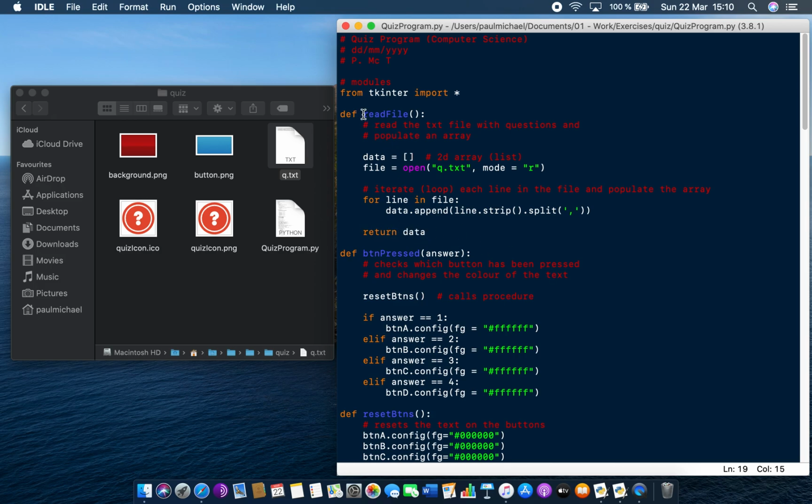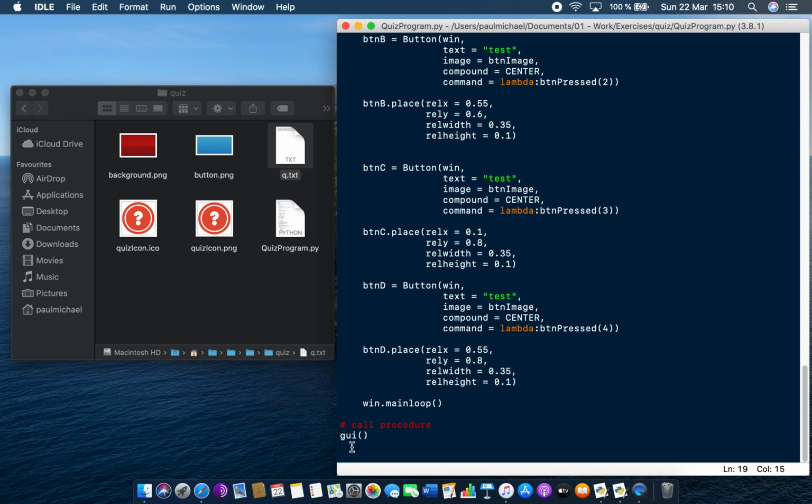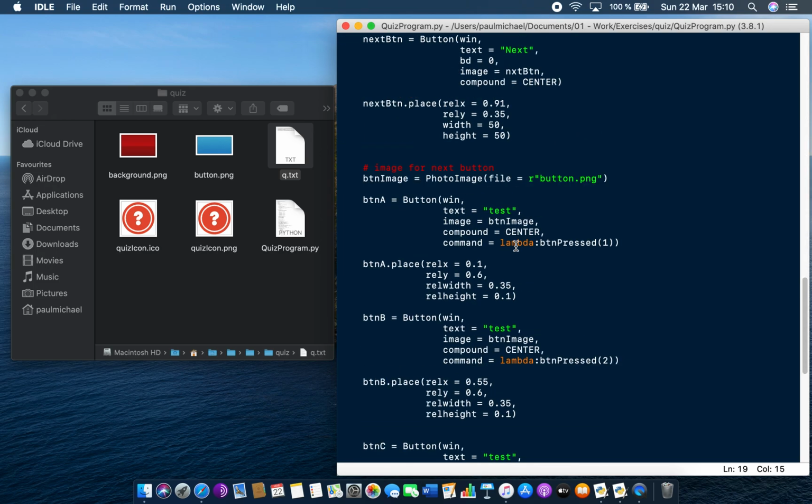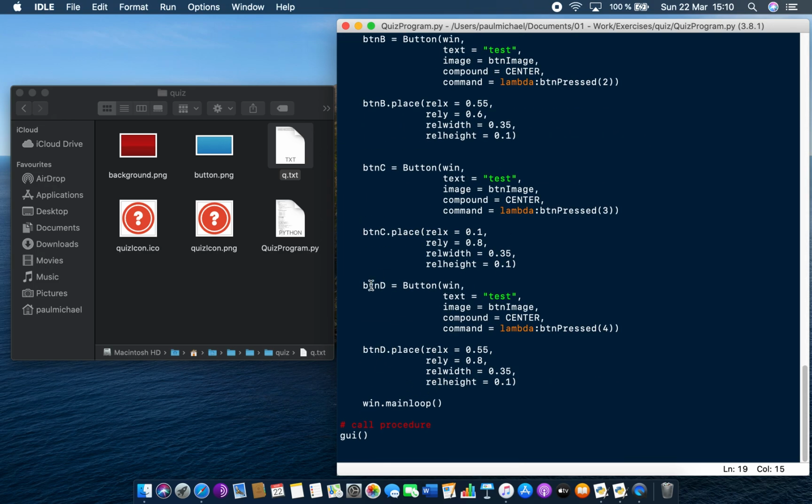Now this read file, we don't need to run at the minute. So at the bottom of the code, I've removed that line that said read file. So just make sure you've done that too. Now what I'm going to do is add an extra button to actually start my program. So at the bottom here under button D, I've got my window main loop, and I'm just going to make